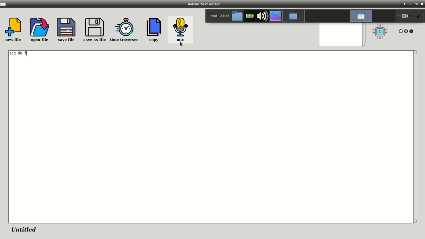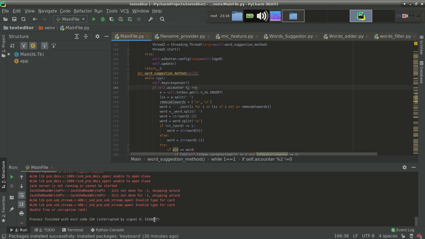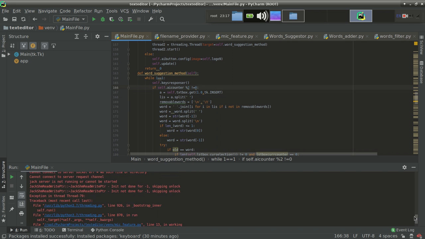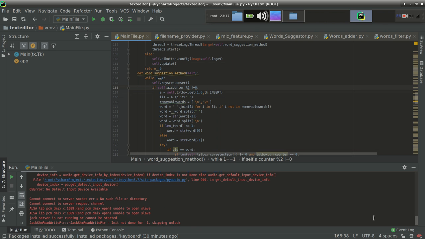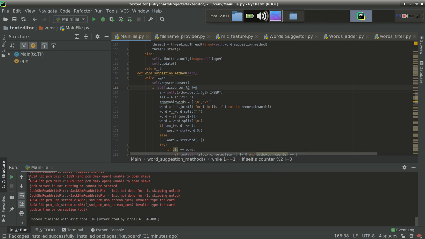One thing is not working, and that is the mic. Actually, this is my hardware problem, not of this program. You can see from here also, in self.run mic as source connect. Actually, it cannot connect to my socket, and it is the problem of this ALSA library. Over this Linux I am running ALSA for getting sound.